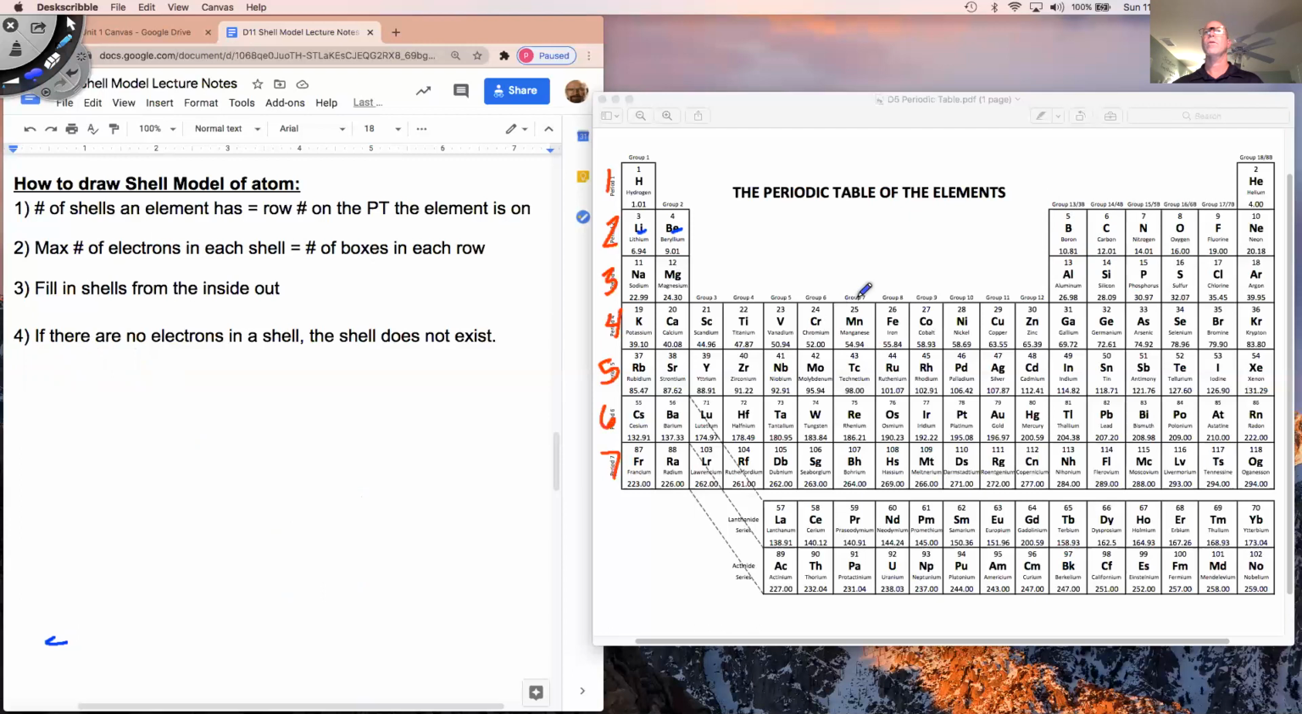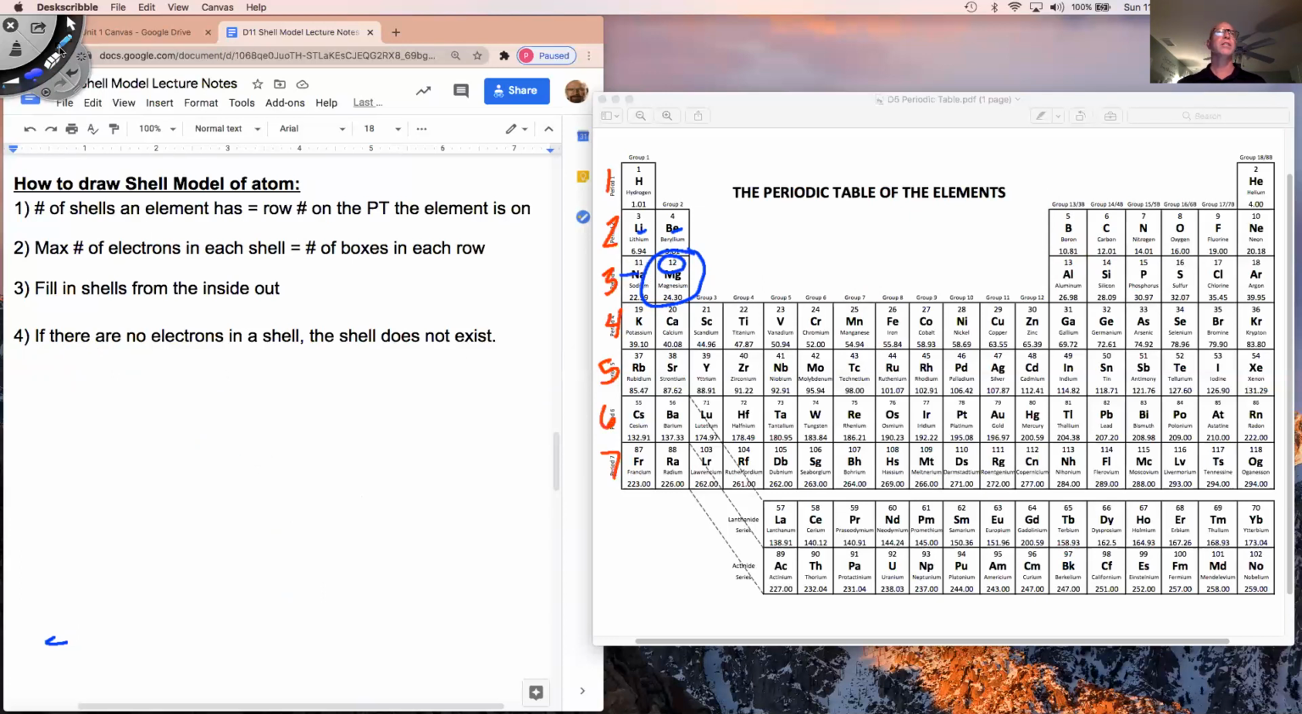All right, so what do we want to do here? Magnesium? Let's do magnesium. Okay, there's 12 electrons on magnesium, or 12 protons, sorry. I just gave you a bunch of answers. So there's 12 protons, which means there's 12 electrons. We're on row number 3, so we're going to draw